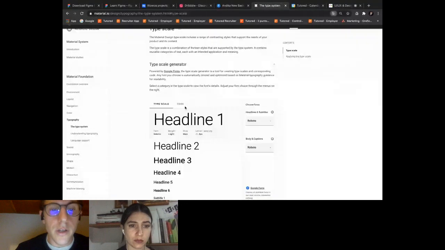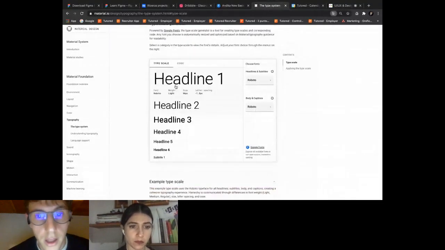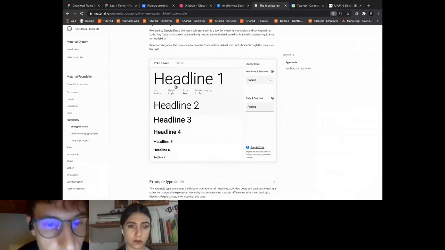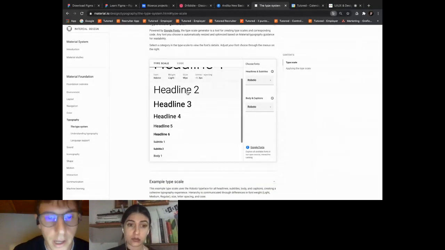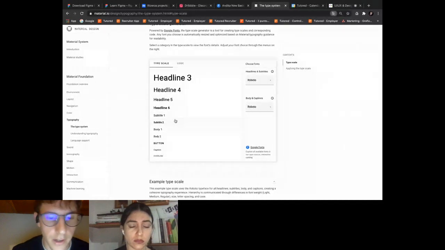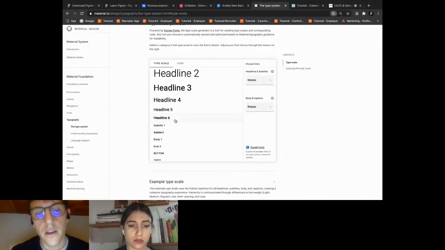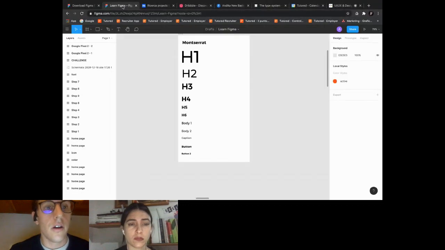You can see an example of the font, its weight, the letter spacing, the size of headline 1, headline 2, headline 3, headline 4, headline 5, etc., and how many styles you have to create in your projects.